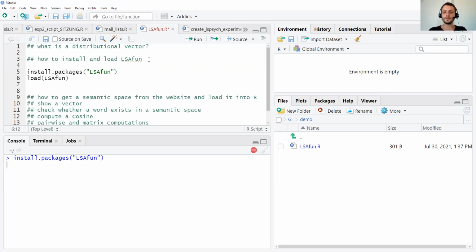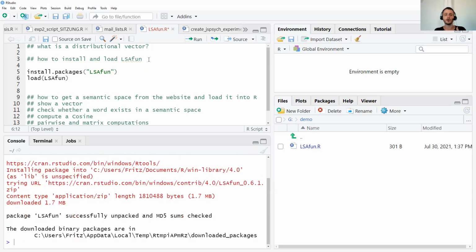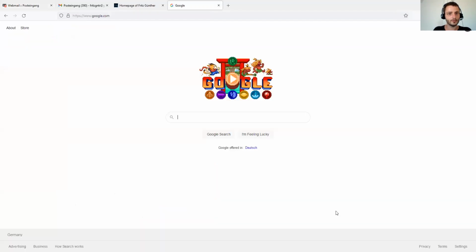I'm going to let this run in the background, and in the meantime, I'm going to show you the other component that you need, which is you need some semantic space. And if you don't know how to do that yourself, or if you just don't want to do that yourself, but use something that has been empirically validated before, you can get these spaces from different sources, one possible option is to use my homepage, which means you can just go to this page,